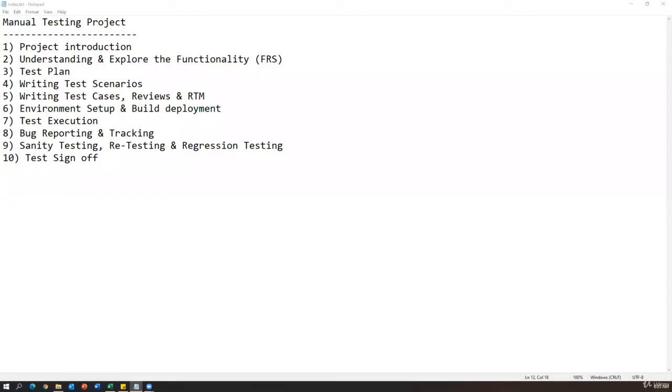All right. So as part of our manual testing project, let's recap what we have completed so far, and then we will proceed further. First, we understood the requirements based upon the FRS document and also based upon the UI of the application. After that, we prepared a test plan document, and then we also wrote test scenarios, and then we prepared